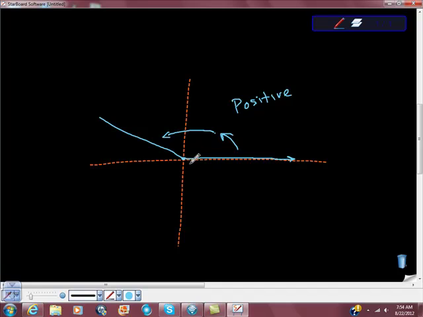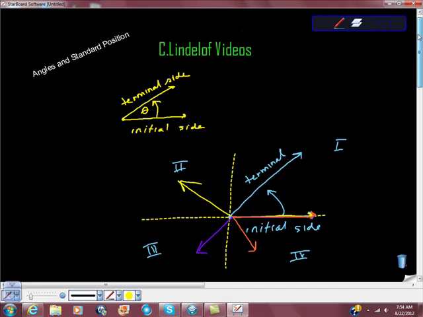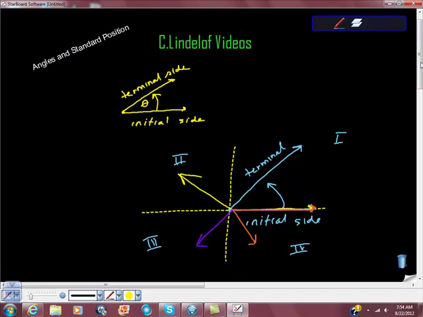But if we open it the other way, if we open it clockwise, so it looks like this, and we open it this way, without regard to where it ends up, so we go this way, and then this way, and then this way, we end up here, this is considered a negative angle. So, negative angles. All right? So, what things should we have talked about so far? We should have talked about initial rays, terminal rays. We should have talked about standard position,